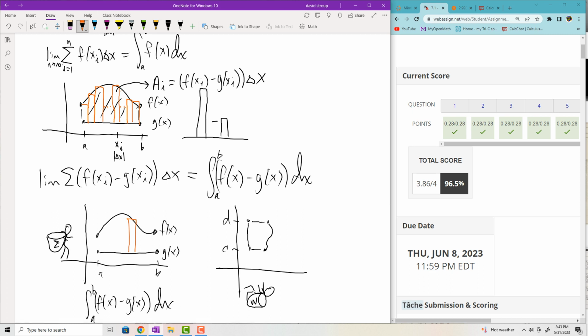And the orientation of the rectangle, let's say, is horizontal. In this orientation, the top curve is the right curve, and the bottom curve is actually the left curve. So it's a little weird, but I'll call the top guy h of y, and then the bottom guy g of y. And so our integral in that case